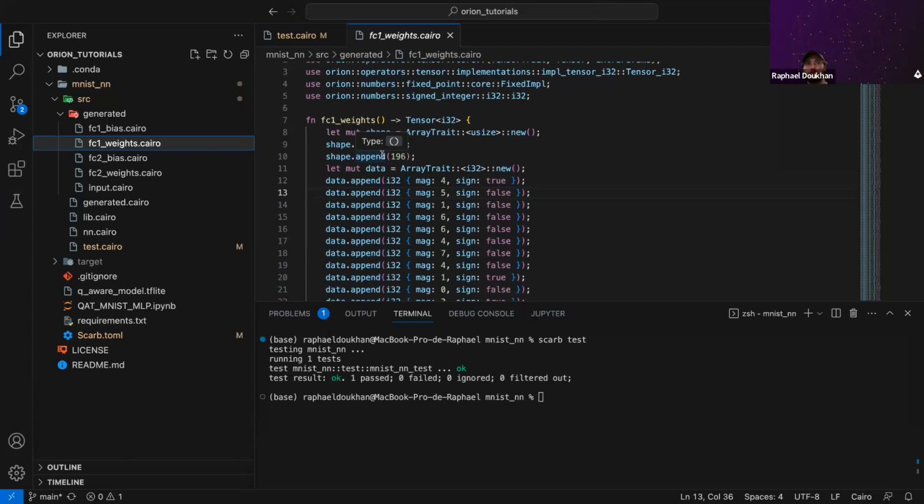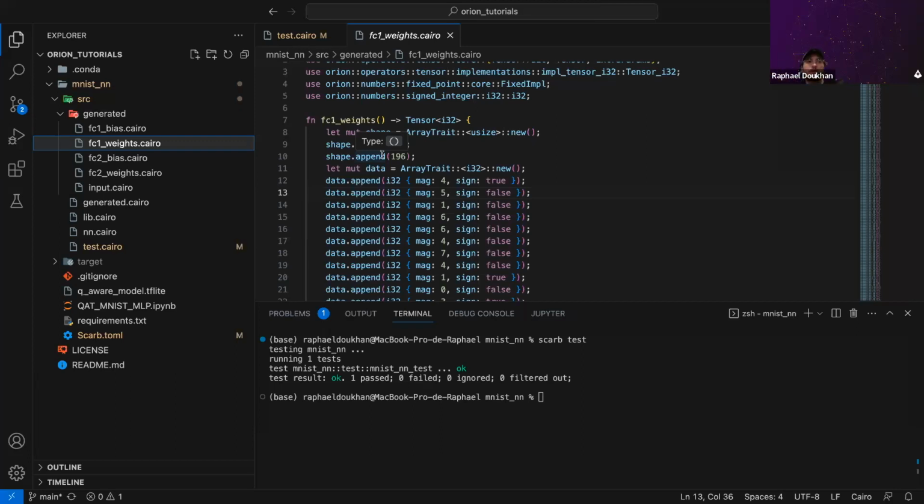So if I understood well the question, there is no I/O in Cairo. So what we do is that we take your model, we see the graph, and then we just map. We take your ONNX, we generate the Cairo file, and this is for the graph.